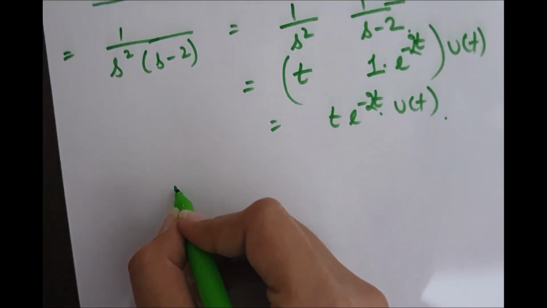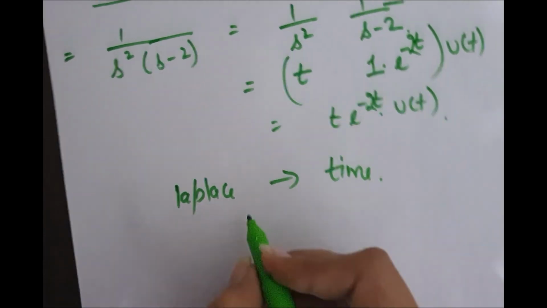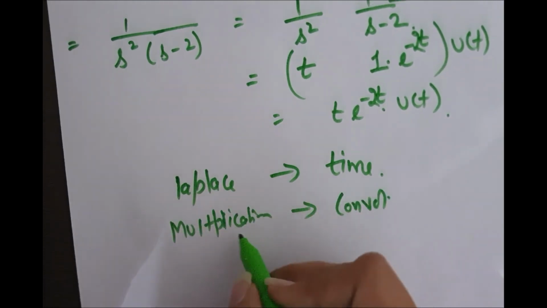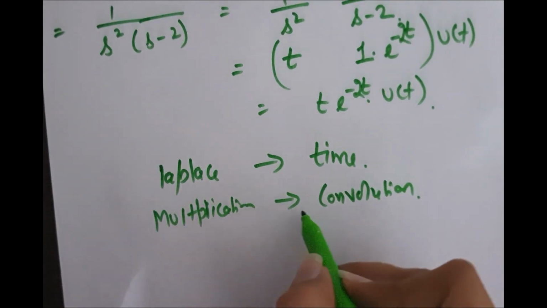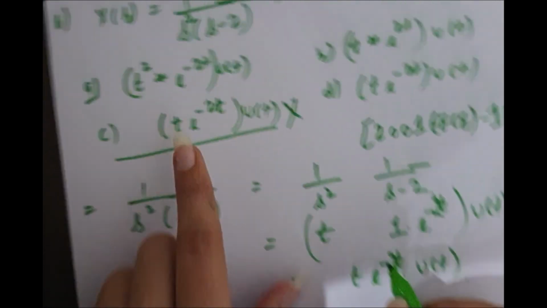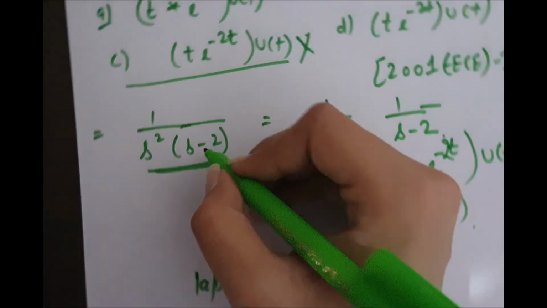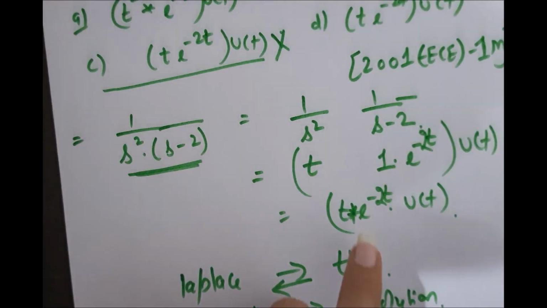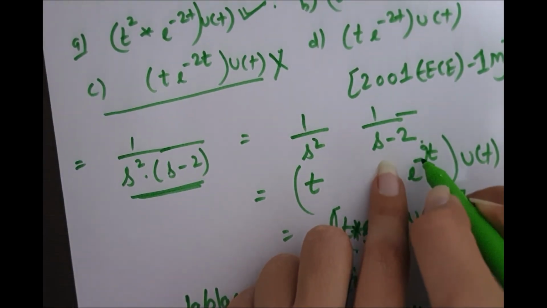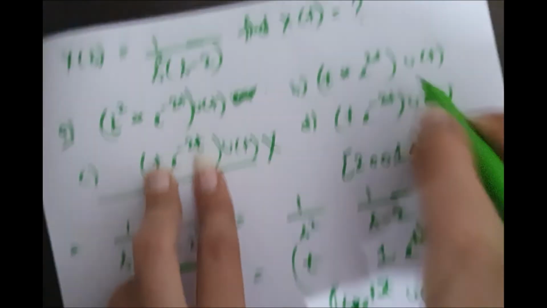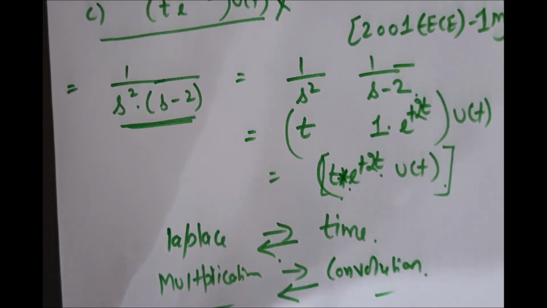If a function is converted from Laplace domain to time domain, and that function is in multiplication, then that multiplication is converted into a convolution. Vice versa. Here that function was in multiplication, so after converting it to the time domain, we have to apply convolution. This was s minus 2, so it will be e^(2t). Here this B will be the right one. We will study multiplication and convolution in signals and systems.